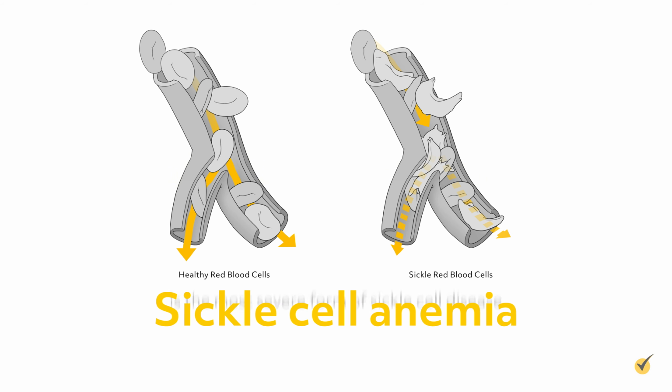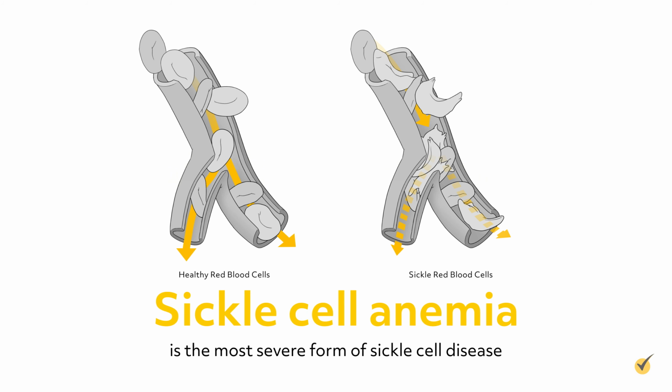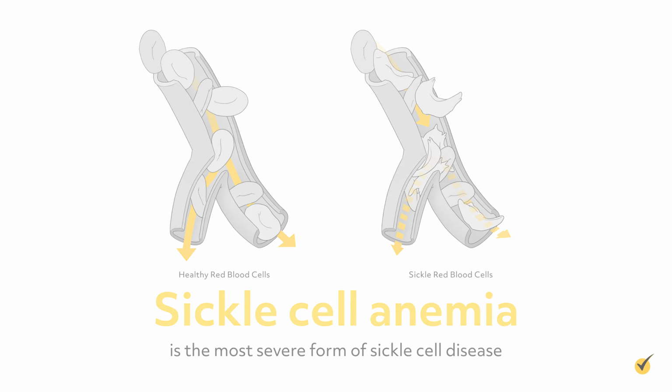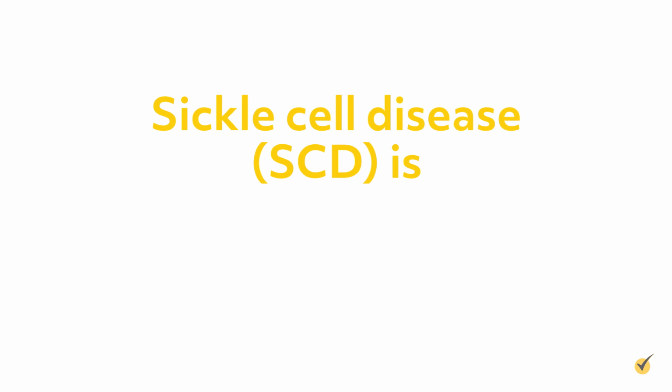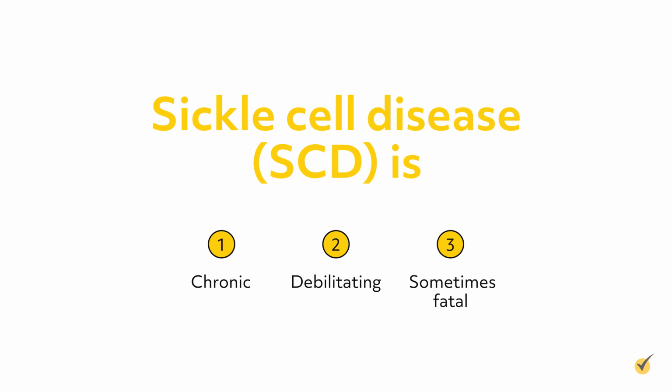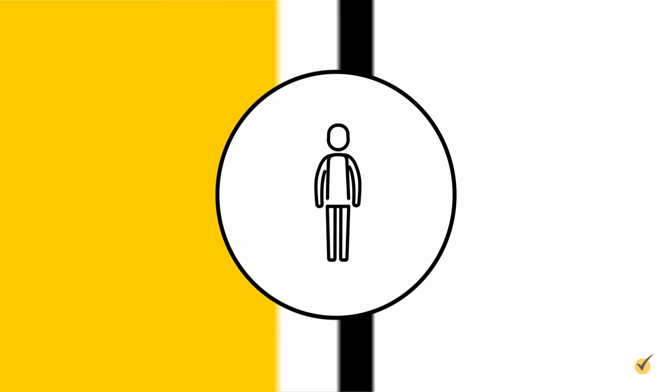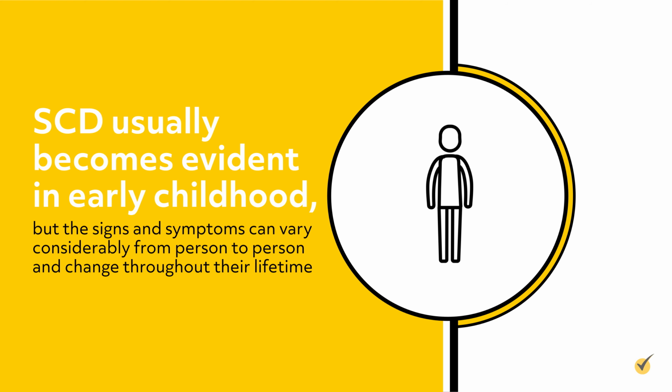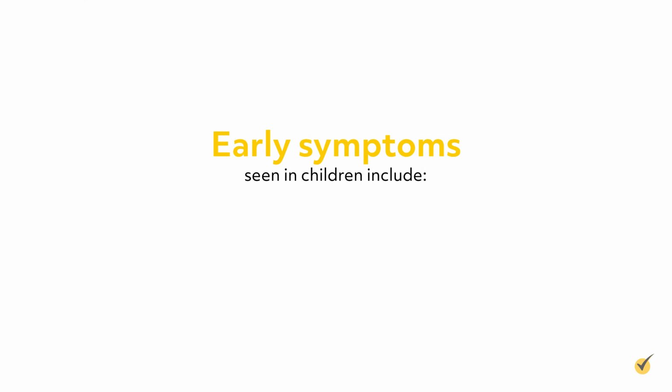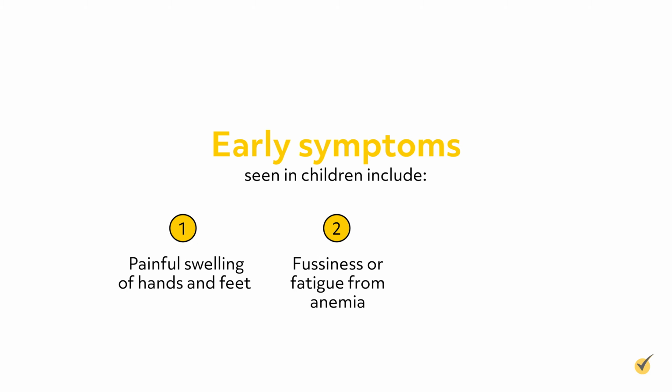Sickle cell anemia is the most severe form of sickle cell disease. Sickle cell disease, or SCD, is chronic, debilitating, and sometimes fatal. SCD usually becomes evident in early childhood, but the signs and symptoms can vary considerably from person to person and change throughout their lifetime. Early symptoms seen in children include painful swelling of hands and feet, fussiness or fatigue from